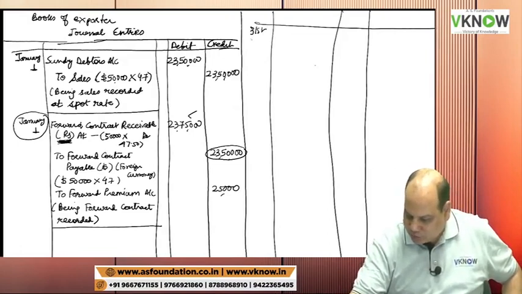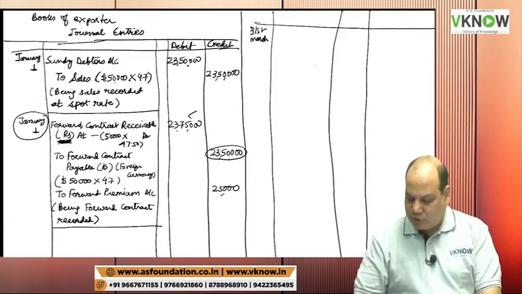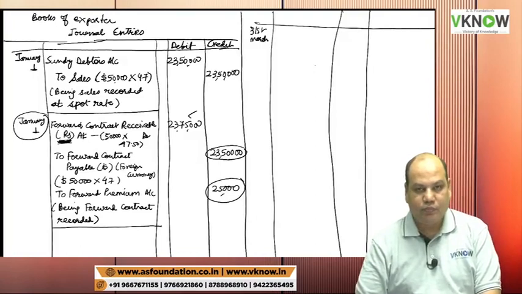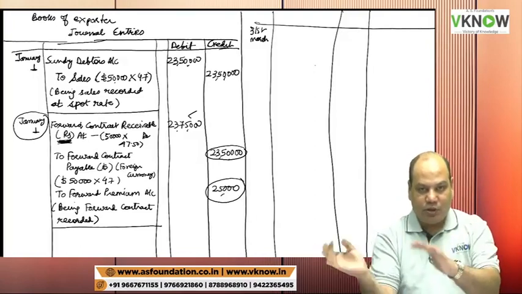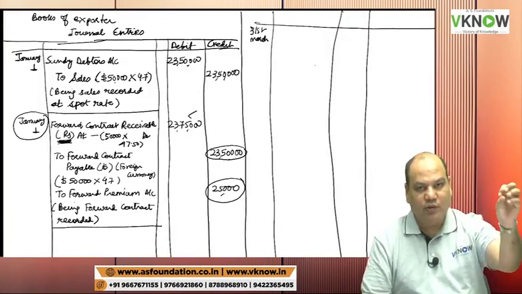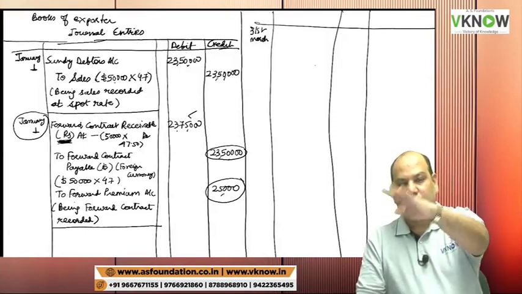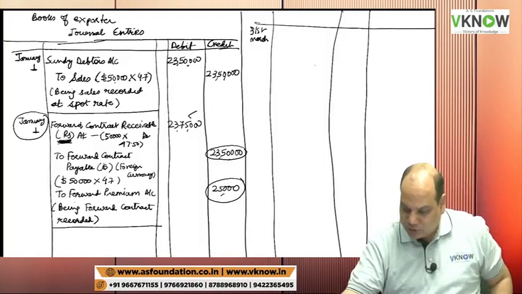On 31st March, out of this 25,000 rupees, as we have discussed, 3 months, so 12,500 rupees I will recognize in the P&L account in this year, and 12,500 I will recognize in the next year. So my next entry will be